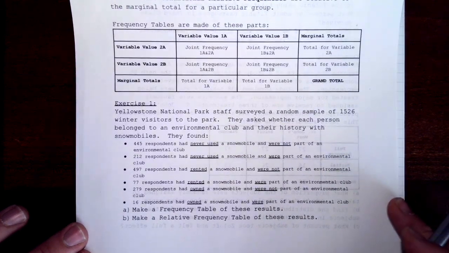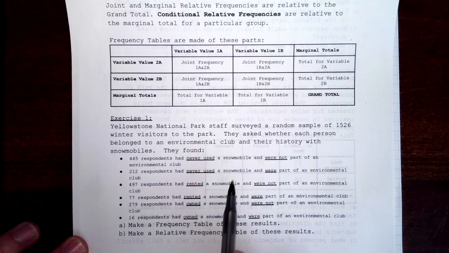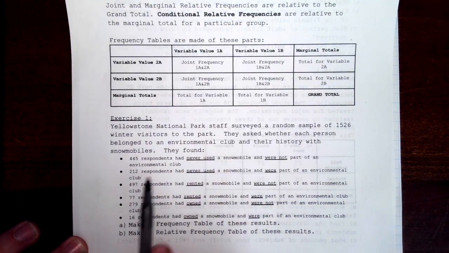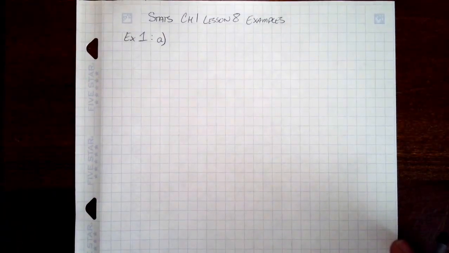These are joint frequency and joint relative frequency tables because we have two different variables, whether they had used a snowmobile and whether they were part of an environmental club. So, example 1a,